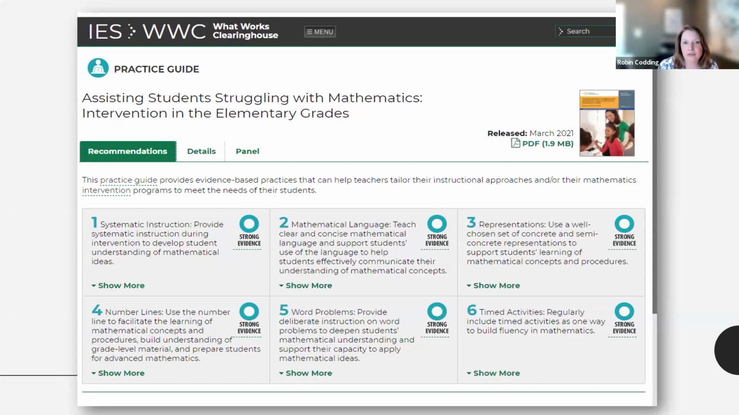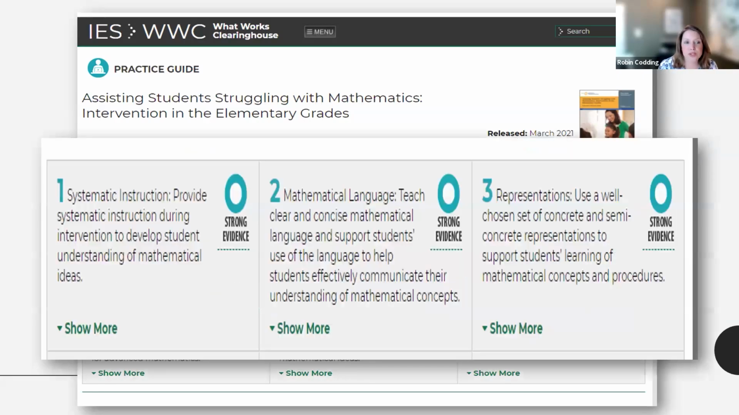So one way to identify an intervention protocol that has those practices is to use the IES practice guide that just came out in March 2021, so still a relatively new resource for students struggling with mathematics, particularly at the elementary level. So this is a summary of all of the data that exists. So these are 6 items. The first 3 are that we want to make sure the program has systematic, explicit instruction. It explicitly teaches math language in clear and concise terms, and uses a well-chosen set of concrete and semi-concrete representations. We're going to talk more about that as we move forward, because that's also an opportunity for us to individualize